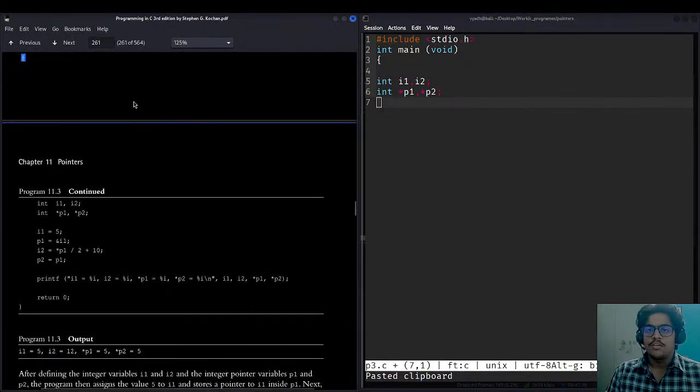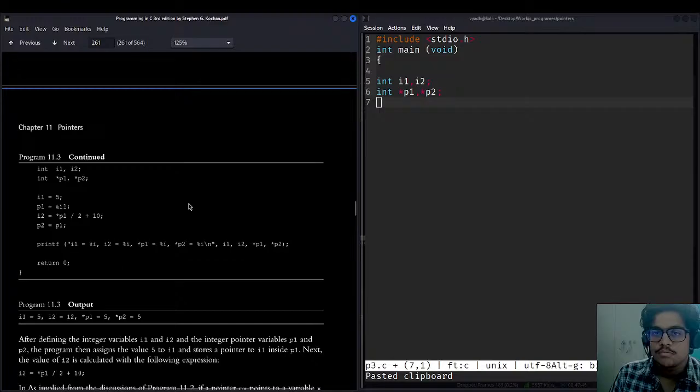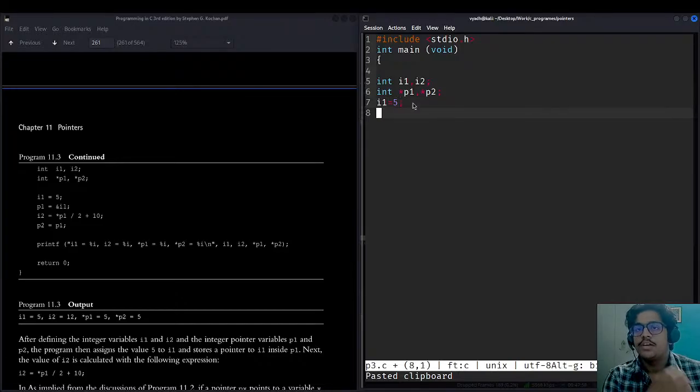Now what have they done? Have they given any problem statement for this program? No, they are just directly doing this program. Okay, let's see. I1 is denoted as 5. Let's take I1 as 5. Let's practice this program first, then we will be making our own changes to it. I1 is 5. Now P1 is assigned to I1 with the assignment operator.